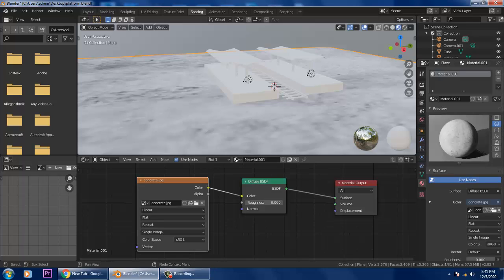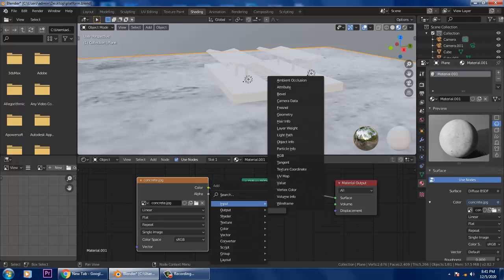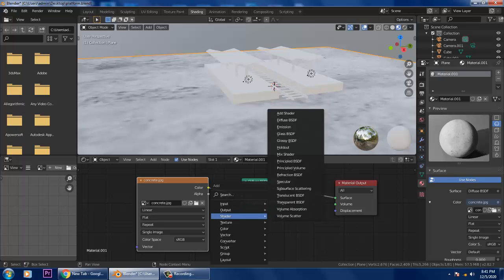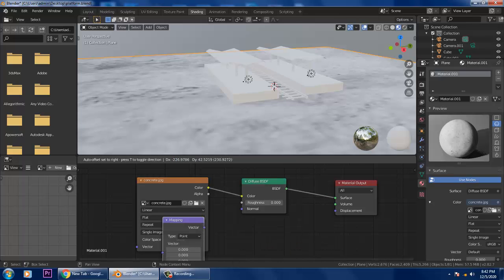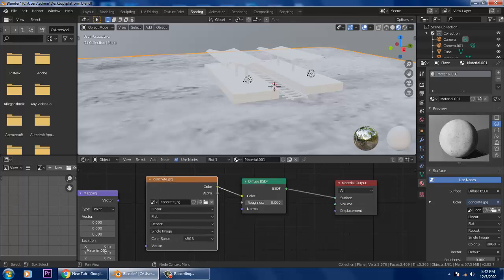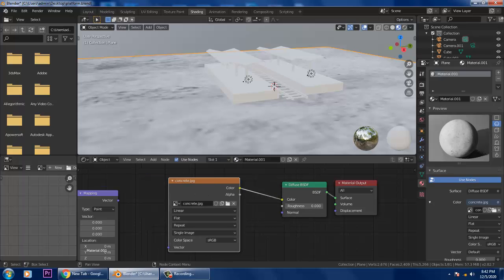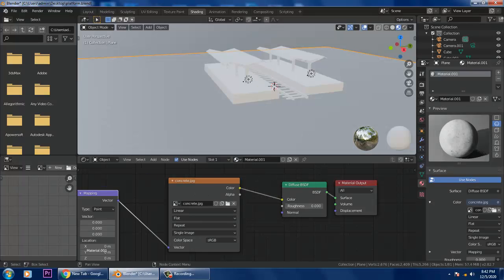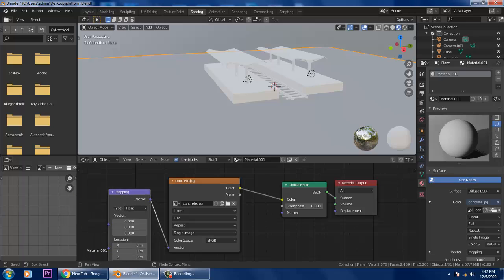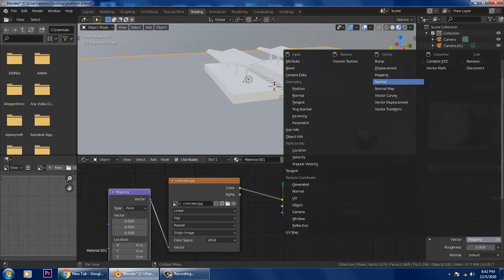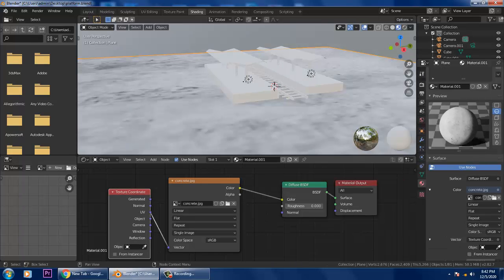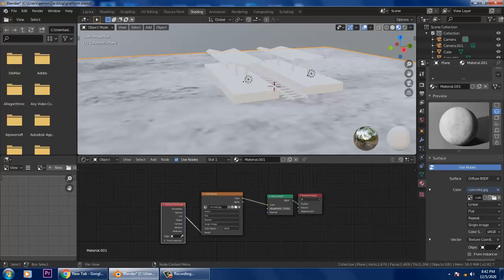After that, you can just press Shift A, go over here to vector, and you can use a mapping option. Let's use a mapping and connect this mapping with this over here. Into the mapping, let's give it as UV. So once you click on this UV,